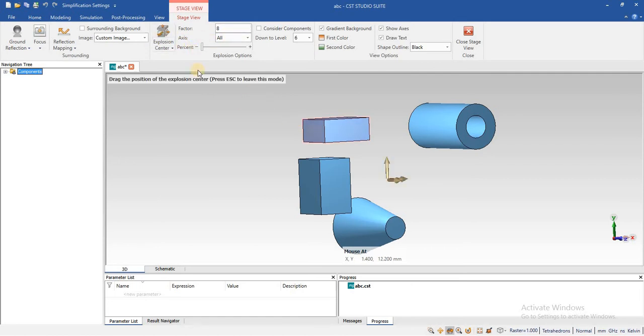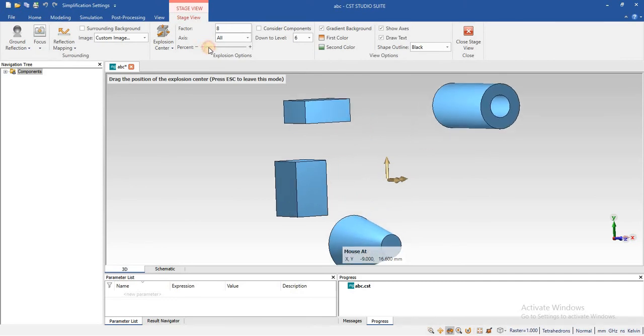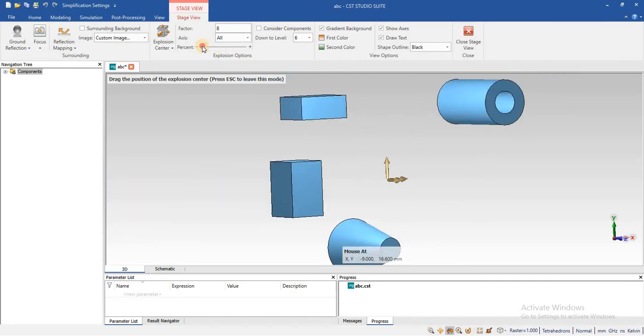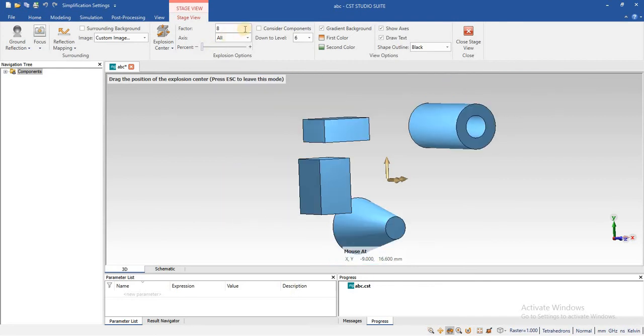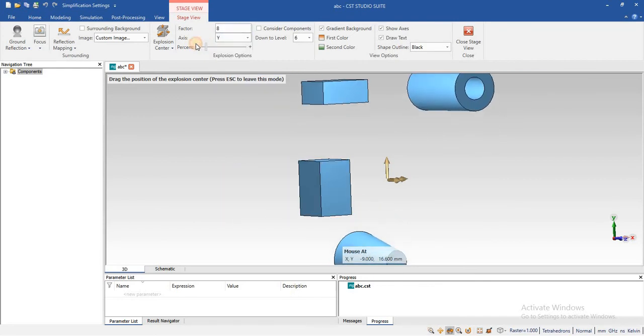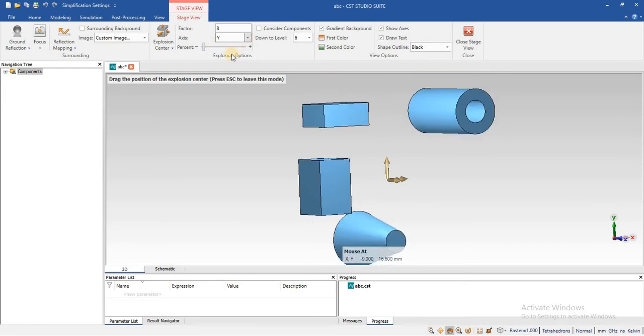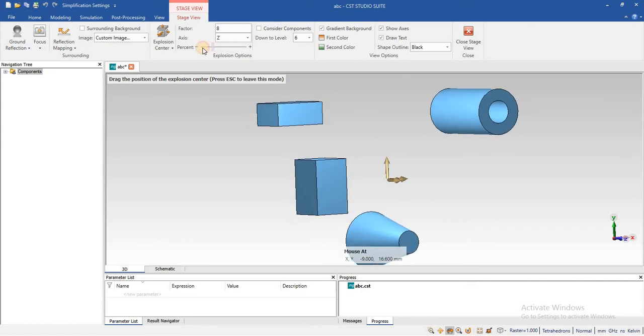Just click on this, and if you want to move all the axes away, the objects that are created in different axes will move away separately. You can see that. Similarly, you can change any single axis objects as you want to move these objects.